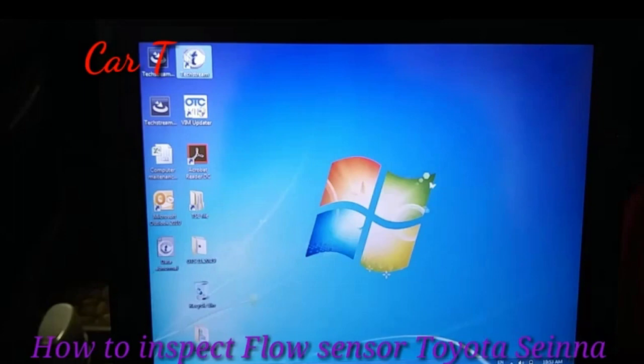To inspect the flow sensor, I introduce an easy way to inspect it with the Techstream. You can use the GTS or touch screen to connect to the DLC of the car and then check the flow sensor. Now I will show you. Please enjoy.